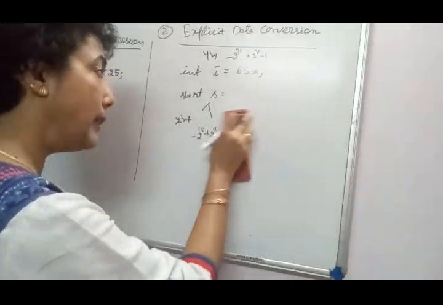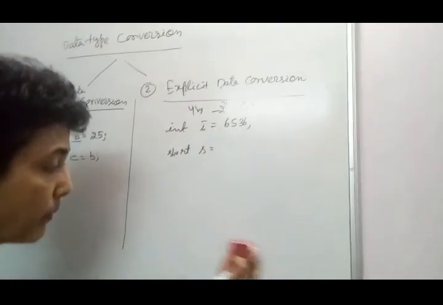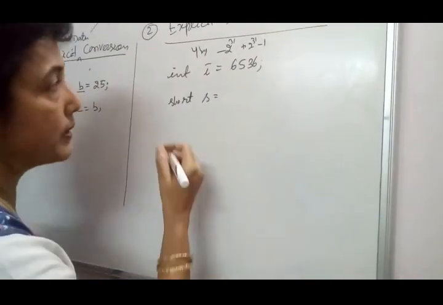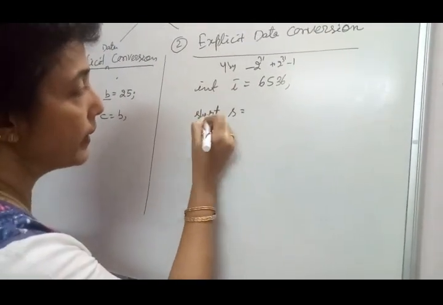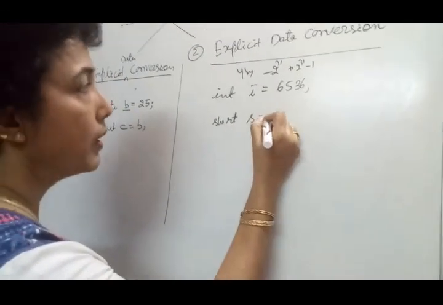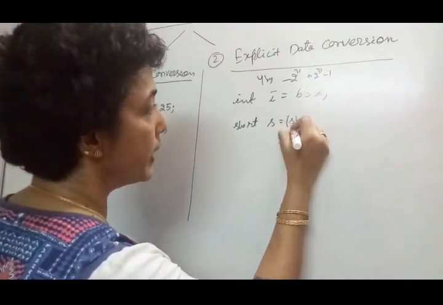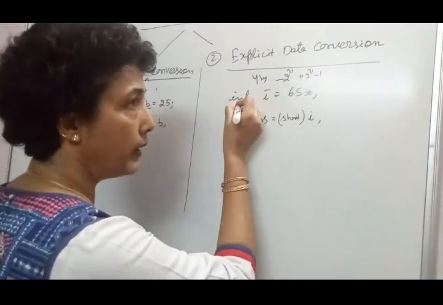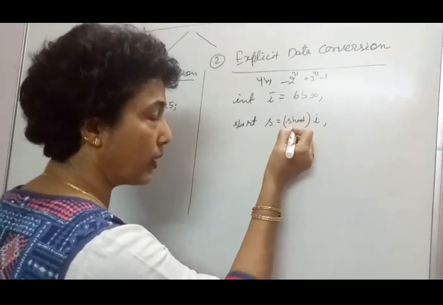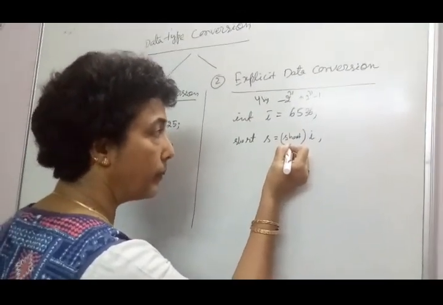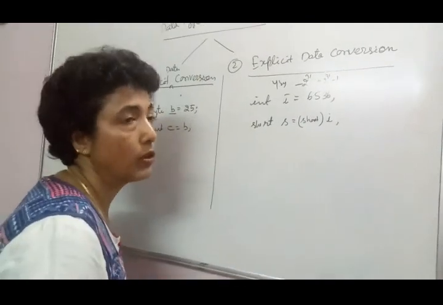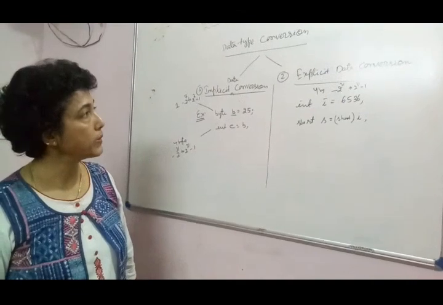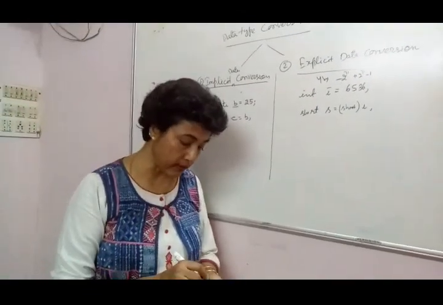So if my program needs something like this, then I have to write an explicit statement. How will I write that? Data type, variable, equal to the data type it is going to change into, short of i. So this i, which originally belongs to integer type, has to get converted into short data type and then will get stored in a short variable. So these are the two types of data conversion techniques supported in Java.